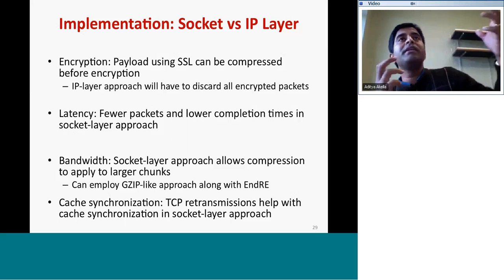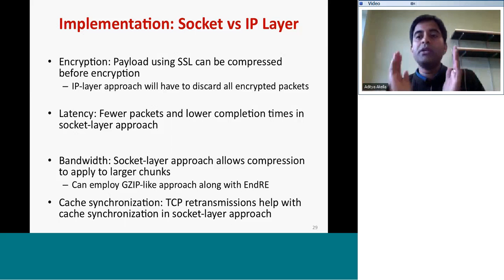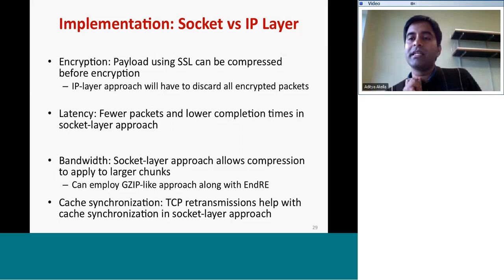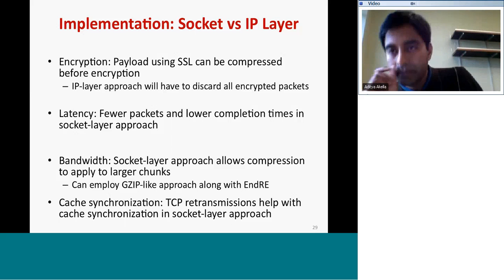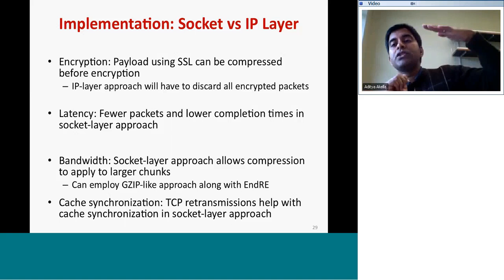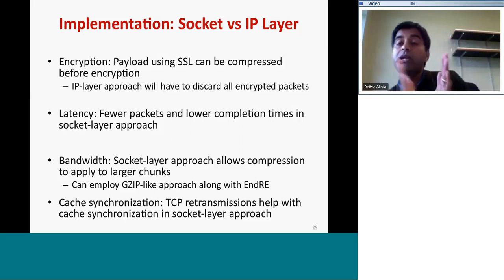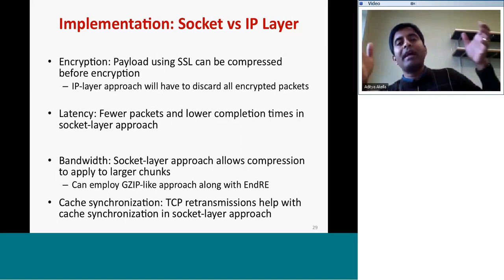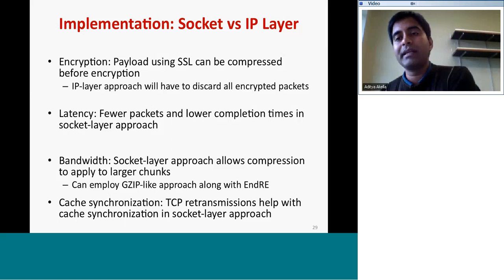The other advantage of doing it at the socket layer is that the IP layer only knows about packets. So you're only compressing individual packets, only taking away redundant bytes from individual packets. So the number of packets is not getting reduced, right? If you look at the number of round trips, typically it's a function of the number of packets, not necessarily of the size of the packets. But by implementing it at the socket layer, we have the opportunity of also reducing the number of packets, because what we hand down to the IP layer to segment into packets is basically a compressed chunk, and that allows us to get latency benefits as well.